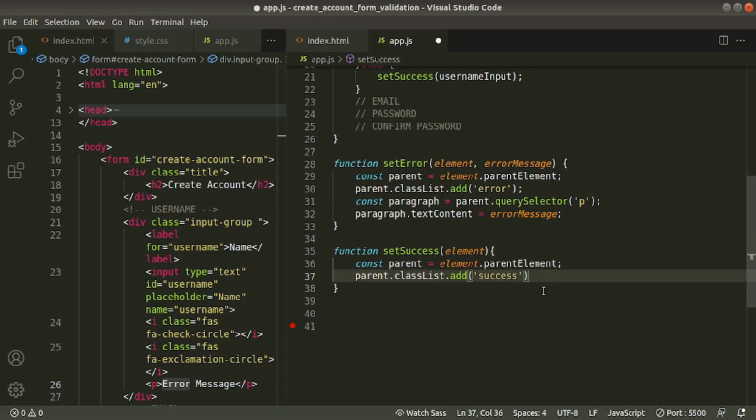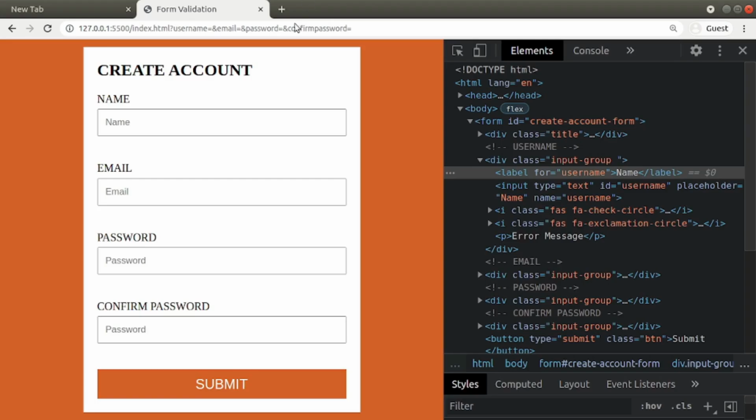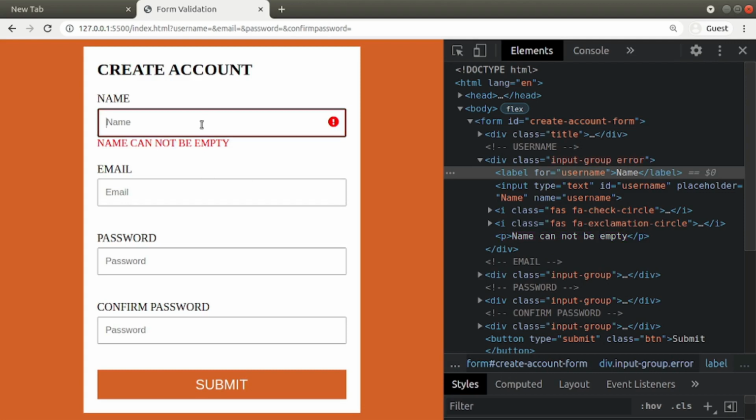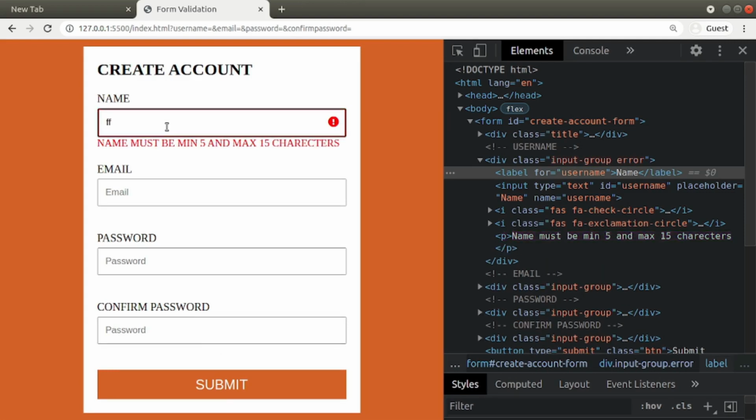Now save it. Let's go and check. See, first no value, submit. Later 2 characters, still invalid, submit. Now valid value, more than 5 characters. Try to submit. See what happens. Here we still have error message and error icon and success icon. Let's check this one.